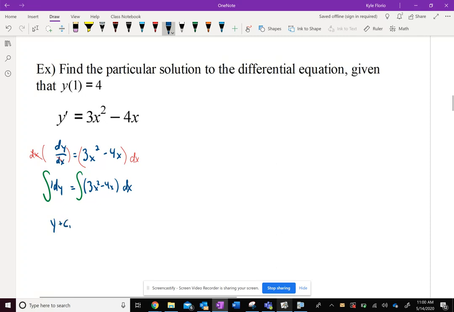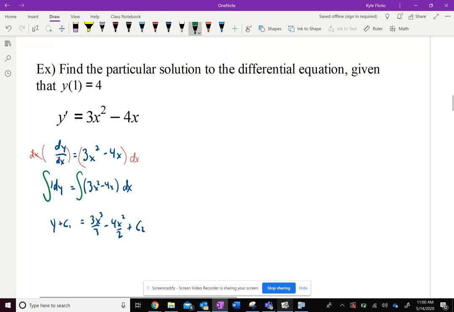plus, I'm going to call this c1. I'll explain why in a second. And on the other side, if I take the antiderivative of this with respect to x, it's going to be 3x to the third over 3 minus 4x to the second over 2 plus some other c value, c2. Now, the reason why I'm putting these two c values, and we're not going to end up using two c values, is